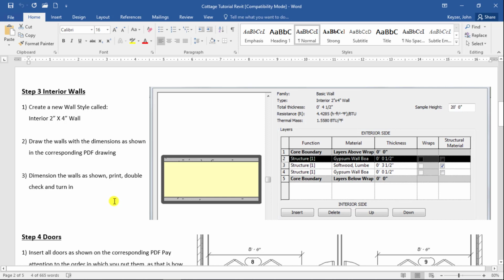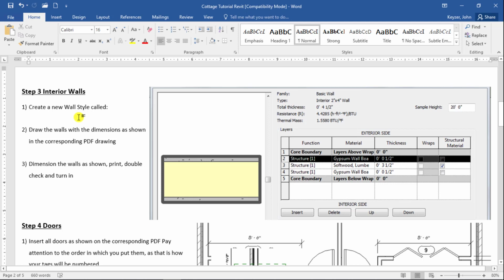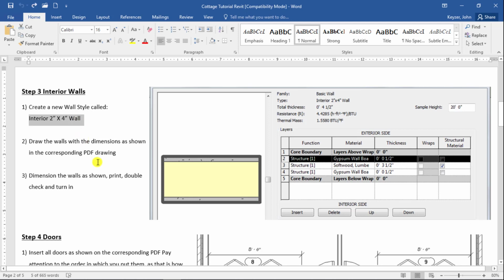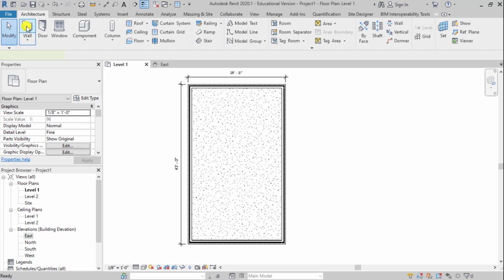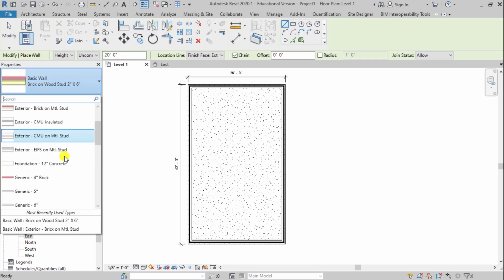Welcome back. In this tutorial we are going to cover creating the interior walls. And so our first step here in our Word document is to create a new wall style called interior 2" by 4" wall. I want to copy that. And we're going to go ahead back over to Revit and go to wall. We're going to find an interior wall